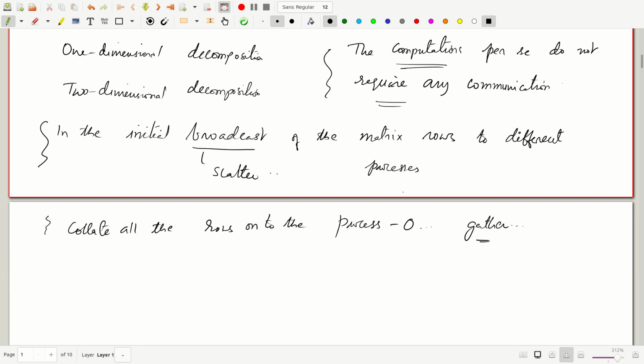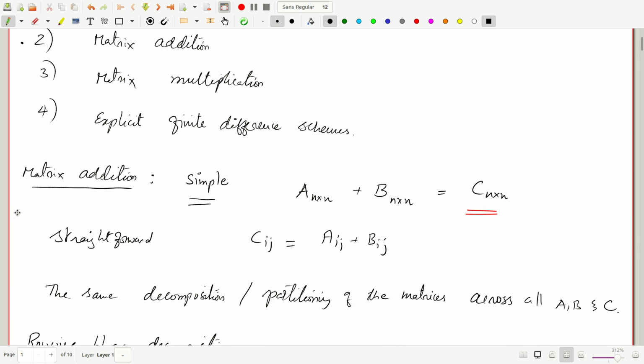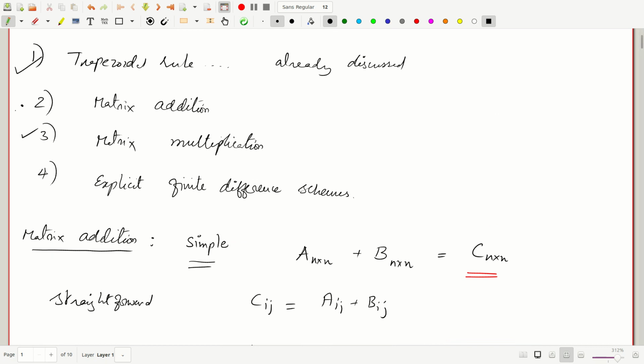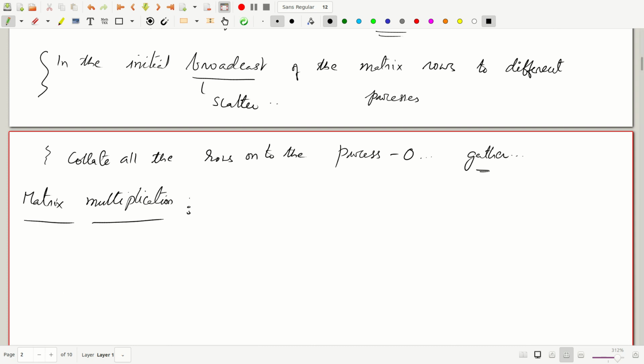Okay, fine. So with that, I would now go to the second numerical method we would like to discuss today, that is the matrix multiplication. Okay, so let us look at matrix multiplication. Matrix multiplication is actually much more involved compared to matrix addition. So again, we assume that we have two square matrices, A n by n and B n by n, which we would like to multiply and then obtain C